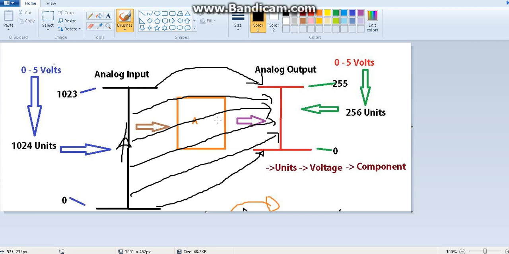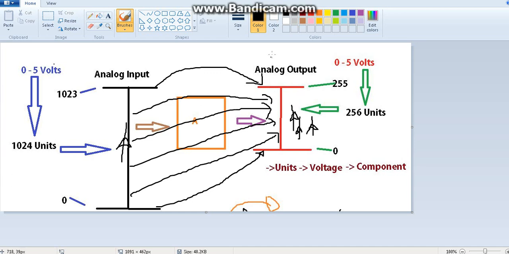So that is why earlier, if we were increasing the analog input value, that means rotating in the increasing side, the analog output value also increased. In other words, the voltage increased and the brightness increased. That is the normal way. Now what I want is for this to happen the other way around. What is the other way around?